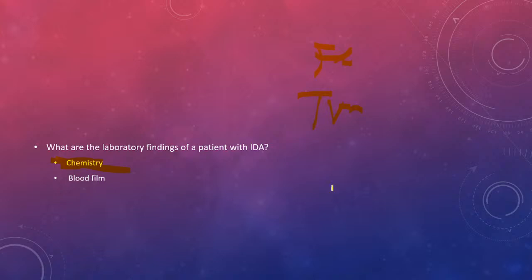Alright. So, what are we going to look for? Ferritin would be lower. Okay? Ferritin would be lower. And transferrin would be high. Why is transferrin high? Because transferrin is measured in the laboratory as TIBC. Okay? It's TIBC, guys. Please don't forget. Transferrin in the laboratory is measured as TIBC.